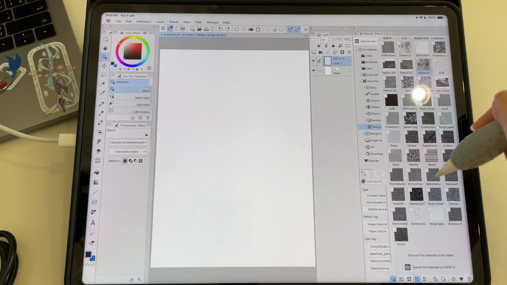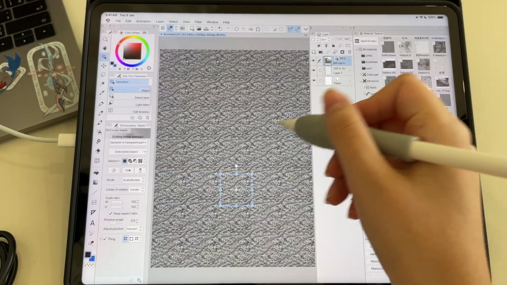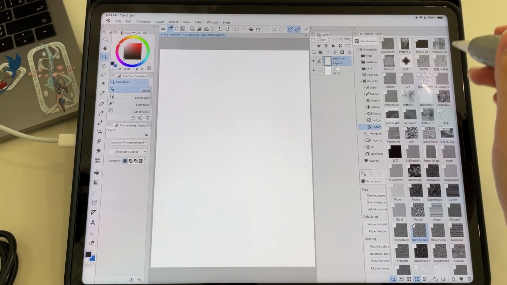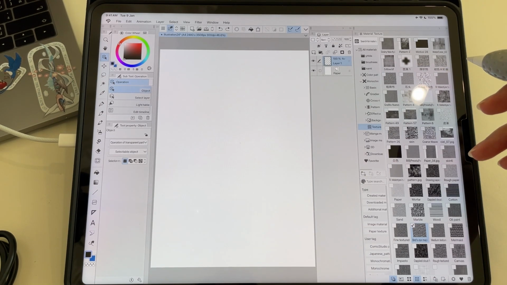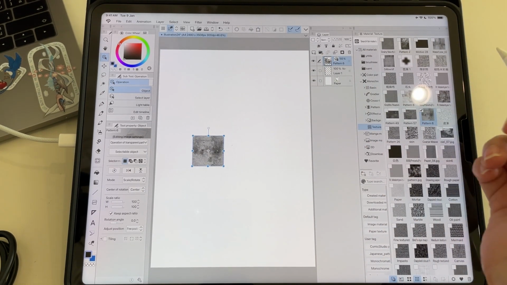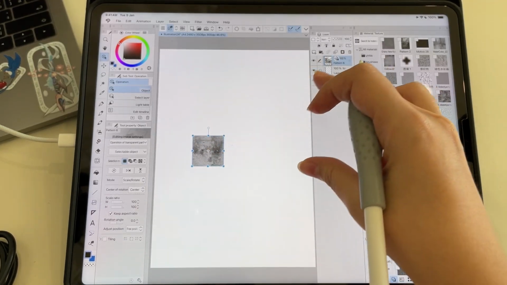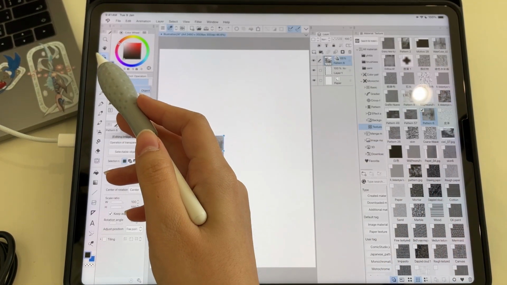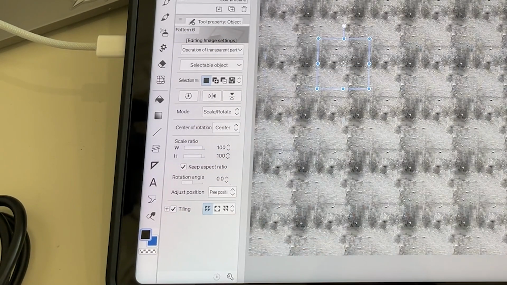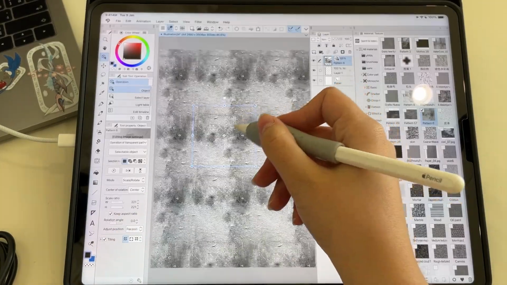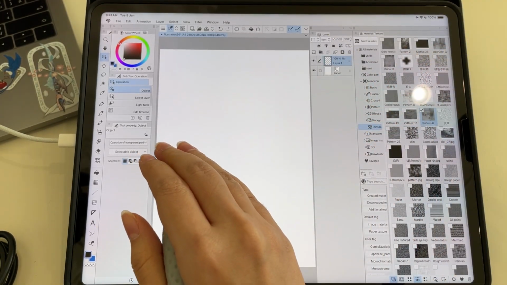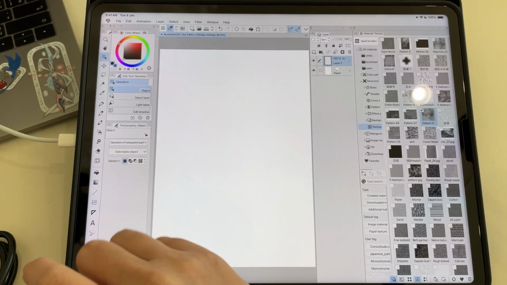Clip Studio Paint comes with a lot of these textures that you can use in your artwork. If I drag and drop them, they're a pattern, but you may come upon these textures. I don't remember if these are downloaded or came with the art program itself, but if you drag and dropped a texture, and this is what it looks like, it's not tiling, you don't have to copy and paste the texture over and over again. Just go to the object tool right up there, in the tool property. Right down here is tiling. Just tick that on, and it's a texture. You can scale it, rotate it, use it as a texture. But this similarly applies with anything else that you want to use as a pattern.